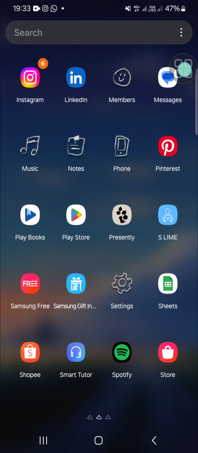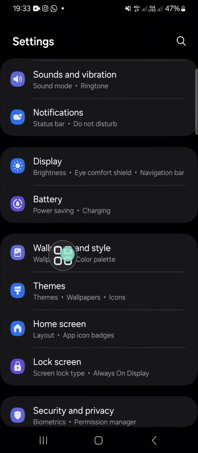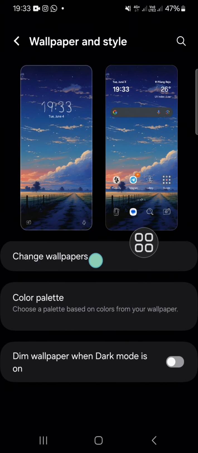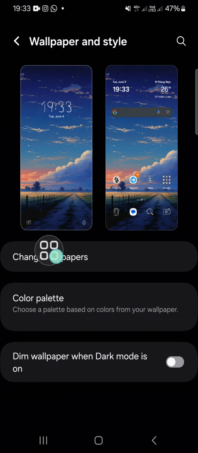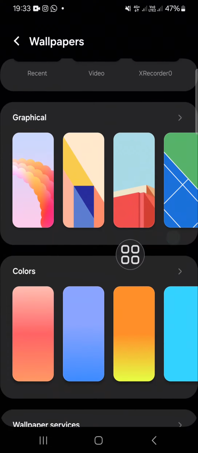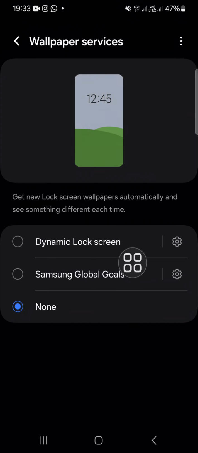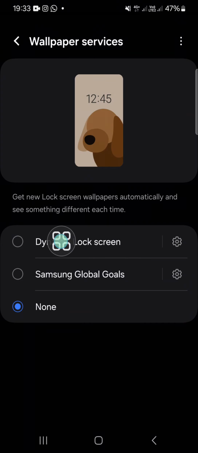First things first, you can go to your settings and open the wallpaper and style setting, this one guys, and click on the change wallpapers option. And here you have to scroll down a little bit until you find the wallpaper services. Click on this option, and if you want to activate your dynamic lock screen, you can click on this option like this,